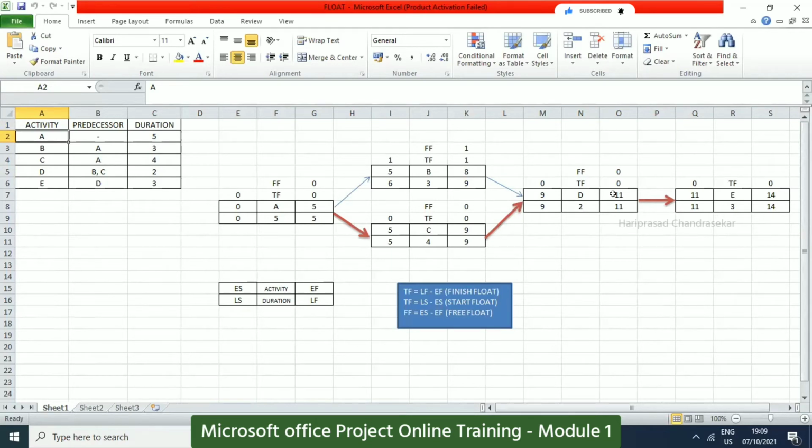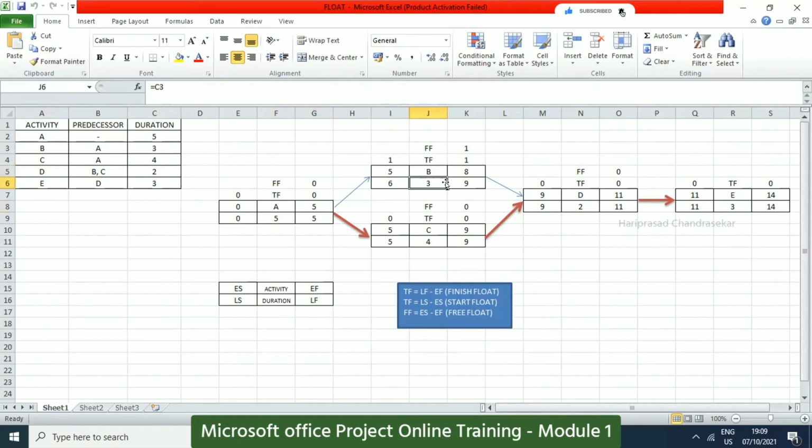Everything we put. Then how will we find the critical path? You need to have this template: early start, early finish, late start, late finish, duration. You need to update the duration everywhere as per the given data. First we will start with A, and everywhere I'm putting the duration. Now we can find ES, EF, LS, LF. It will start with 0 and end with 5. Early start and early finish go with the forward pass.